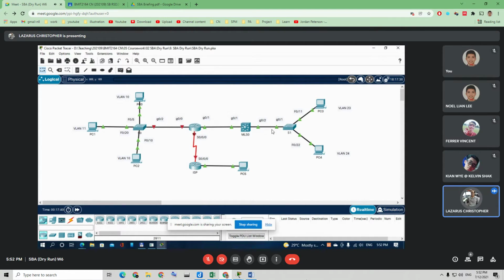Hey, don't forget, you need to do trunk links. Okay? So trunk ports here, here, here, here, here, here. Access ports here, here, here, and here, here. So, for example, this access port here set to VLAN 23. Example,